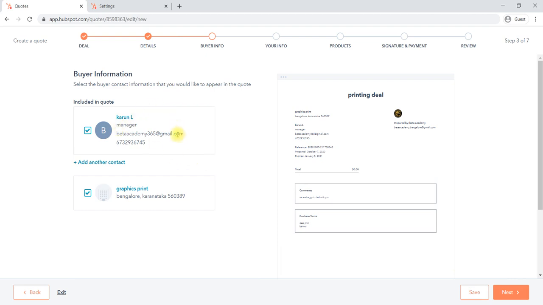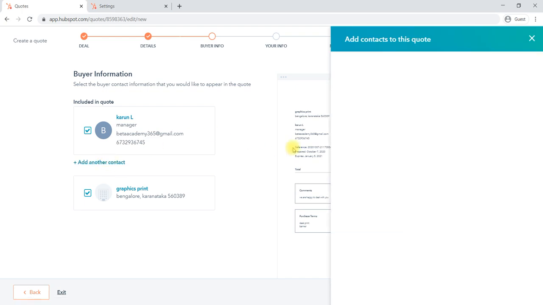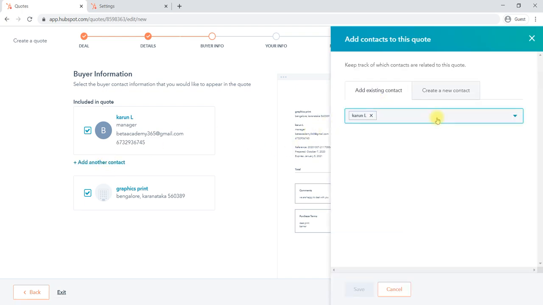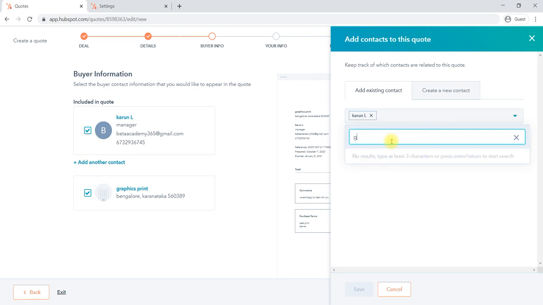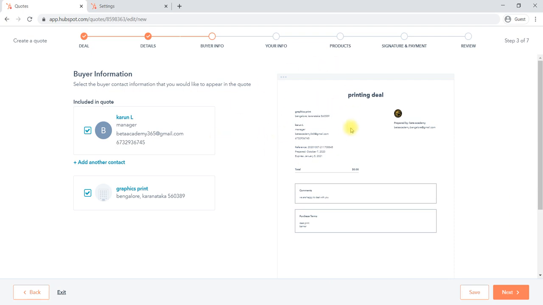You can give the buyer info. You can directly add the company name we selected and the person we selected. If you would like to add further context, for example, not only the purchase manager but one more person, you can add from the existing contacts. If there is no one, you can create a new contact and add it to this particular deal.